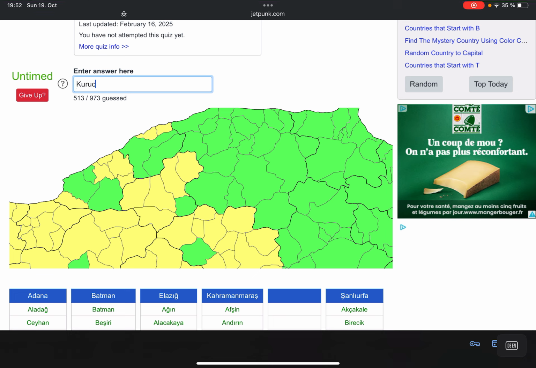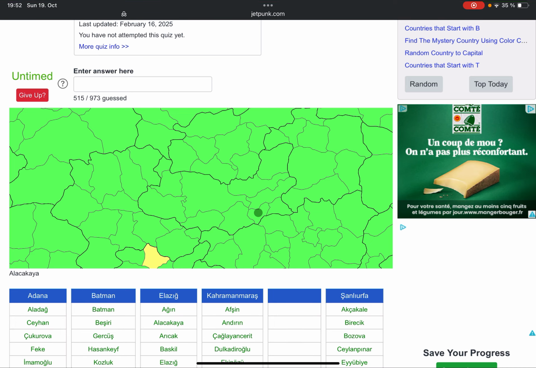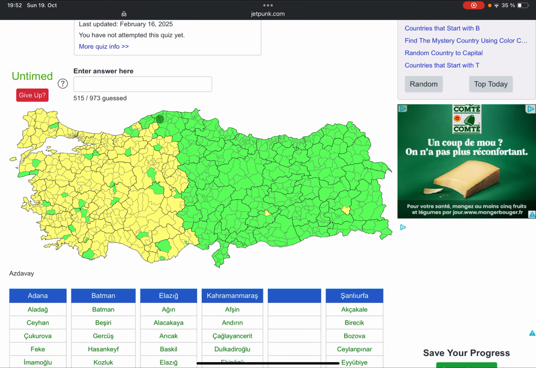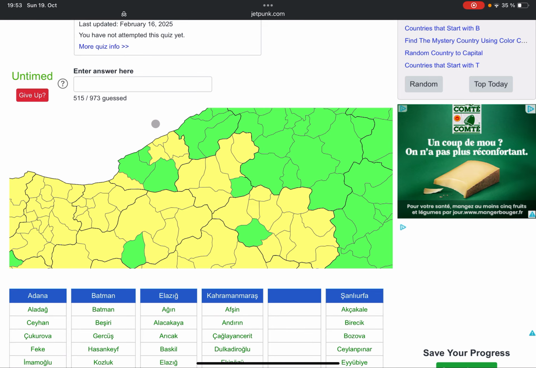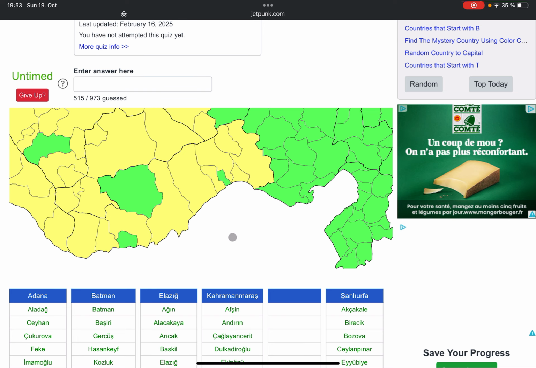Is it Kurucaşile? Yeah, okay, I mixed it up. I mixed these two actually, because the other one is called Amasra. Or actually, no, it doesn't sound that similar. I don't know what I just mixed up there. I think it's because of the Elazığ district of Alacakaya. Yeah, weird mix up there, but anyways,